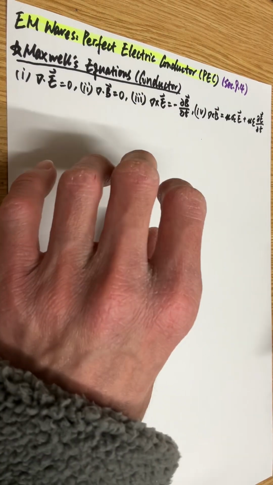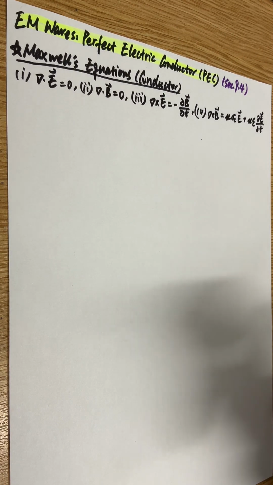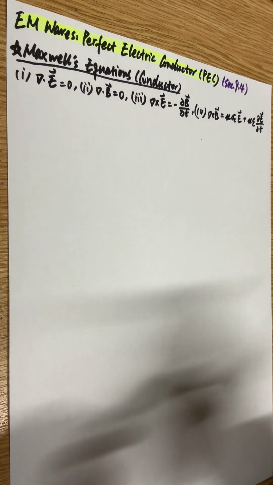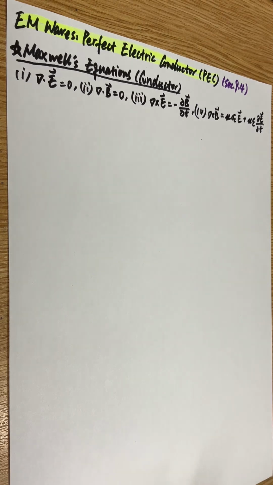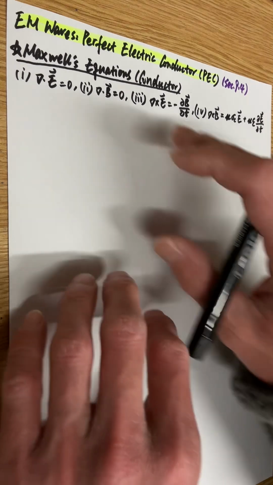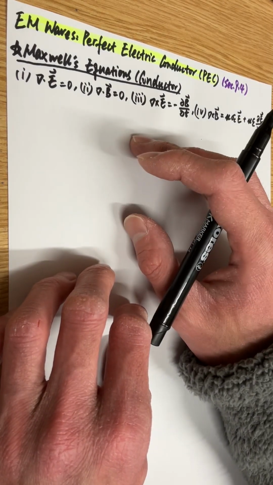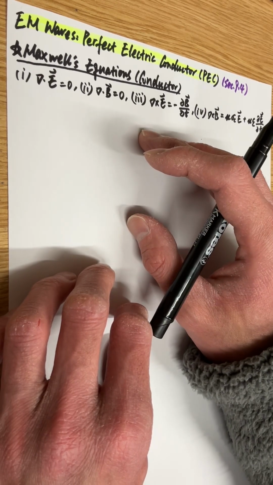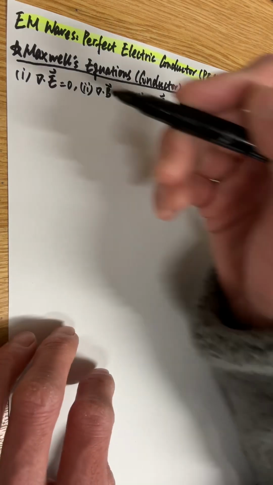So can an EM wave propagate in a conductor? Any guesses? We'll prove that if it's a perfect electric conductor, it's not possible. But for anything that's less than perfect, there will still be propagation, but it wouldn't have perfect propagation properties. So anyway, you remember in free space and linear medium, we proved that Maxwell's equations comply with the wave equation. So we did that by doing